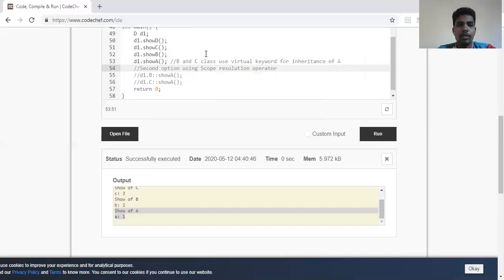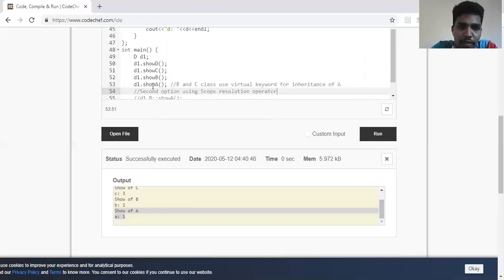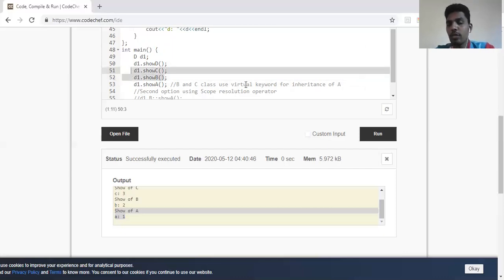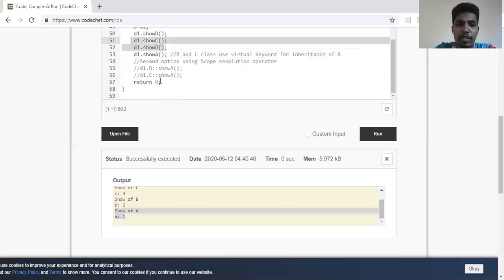Okay. So I'll come back to this error once again, for those who have not caught it. See here, I have d1.show A. Show A is actually a function belonging to A, but D does not have direct access to A. But A is being accessed through B and C. So both have access to A. Now my D is confused. Should I take a path from B or should I take a path from C? To avoid confusion, I should make both B and C inherit A through the virtual keyword. So that if there is any confusion about which one I should go through to reach A, the compiler has an option of choosing any path. Or I have to give the scope resolution operator. So now the scope resolution operator works fine.